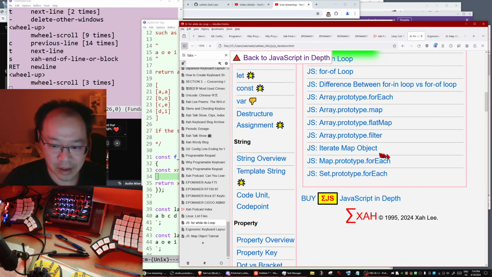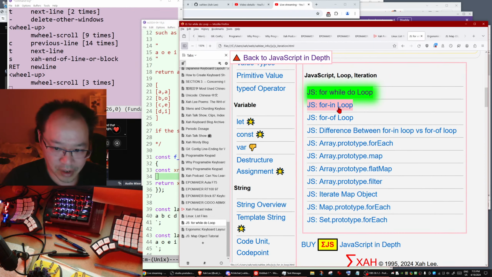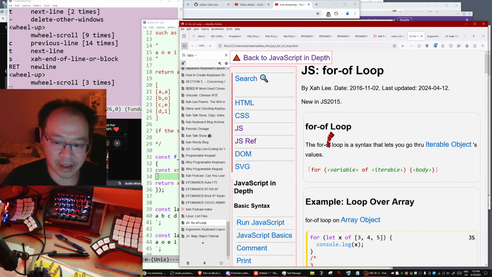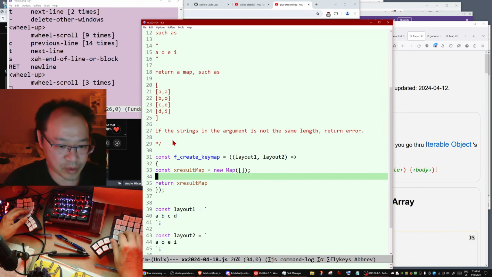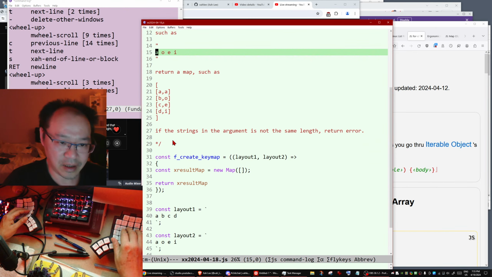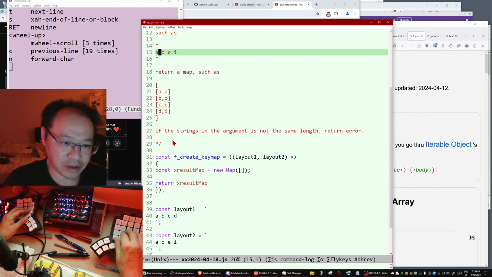What we want is for of loop, because for of loop allows us to loop over the string in such a way that each iteration is over a character as opposed to